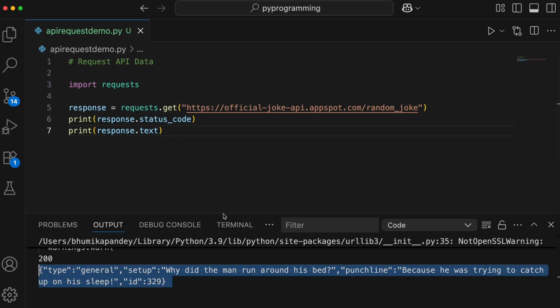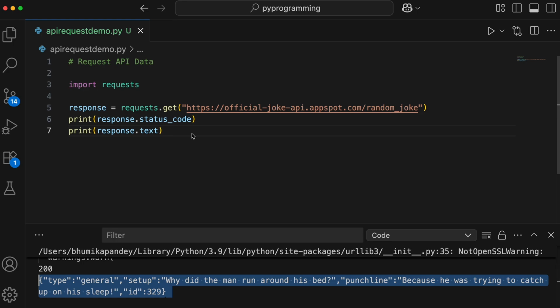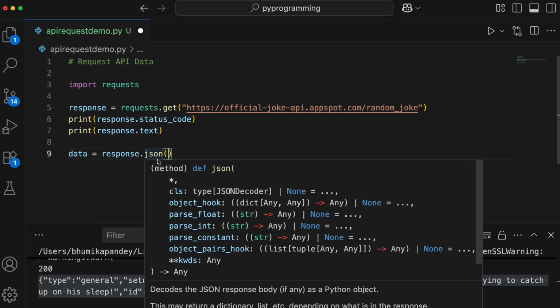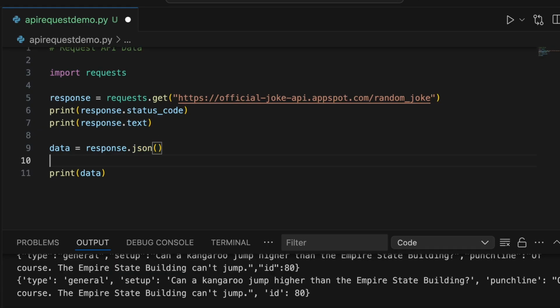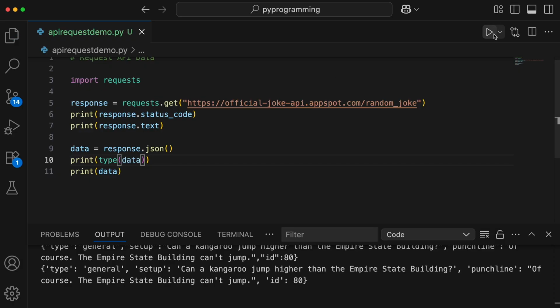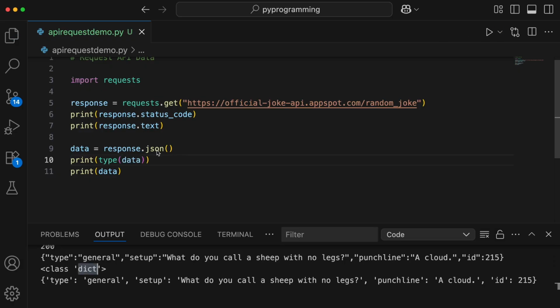I'm not going to close it. Let's keep it open so that we can see it. If you want to parse the response, let's first take a variable in which we keep the parsed response. So response, because this is where we have the raw response, and dot, we have a json function, and when you use it, it gives you the parsed data. The json function returns the data in the form of a Python dictionary. If I print the type of data, let's save and run this. You see, once you parse your response using the json function, the parsed response that you get will be in the form of a dictionary.